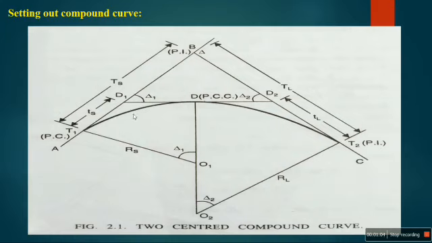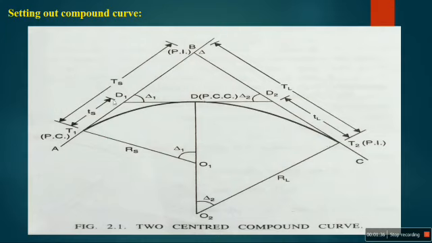The overall setting out of a compound curve by using a theodolite instrument: here the theodolite is set up first at T1. Then by using deflection angles or tangential angles, you can set up the first curve. After completion of this process, shift the theodolite instrument and set up here. Then continue the same by using tangential or deflection angles.